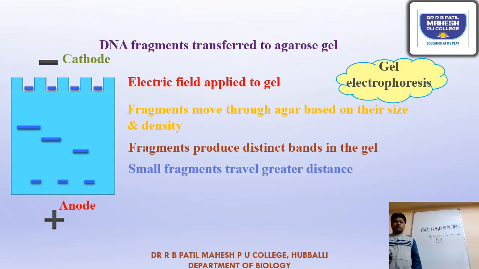So after gel electrophoresis, what we'll do is convert the double-stranded DNA into single-stranded DNA. On the agarose gel, double-stranded DNA fragments are converted into single-stranded DNA. The question arises, how can we convert these double-stranded DNA fragments into single-stranded fragments? By a simple technique. When the agarose gel is treated with alkali solution, what happens? Double-stranded DNA fragments are converted